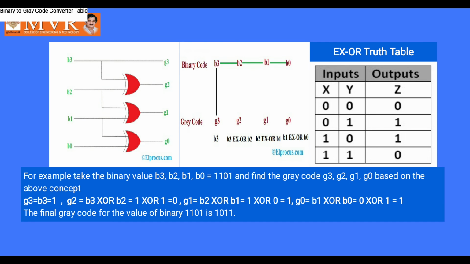If you want a clear understanding after listening to my class, take the binary table and the gray code table, take any input value and try to convert it into the equivalent gray code. With the example that I have given, you will get the exact value itself. Okay, this is the way how you generate the gray code.